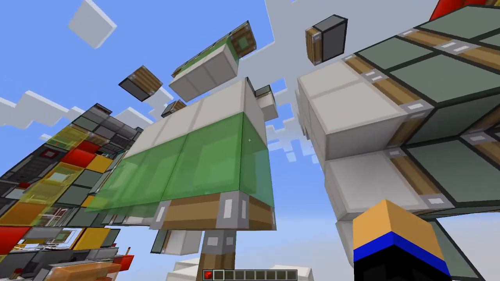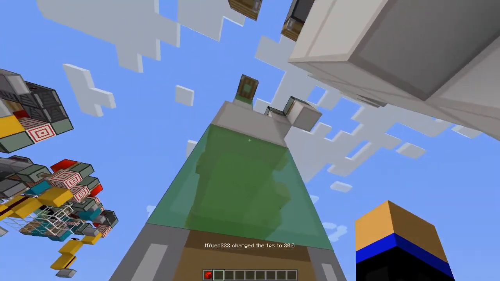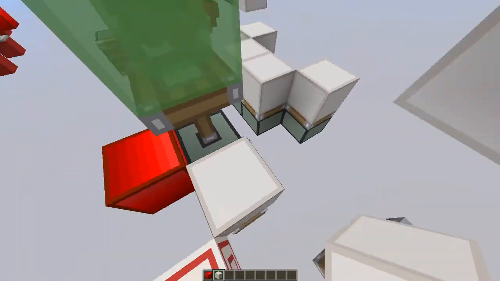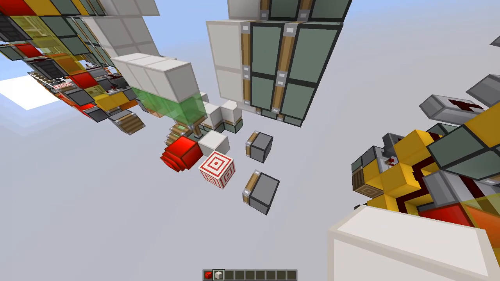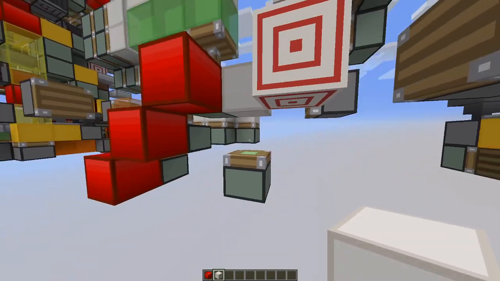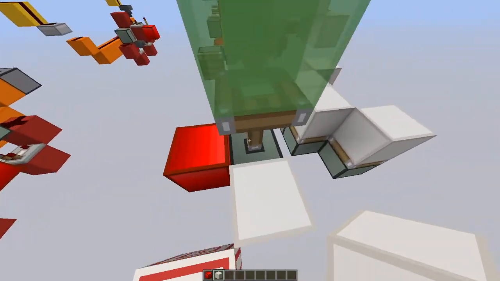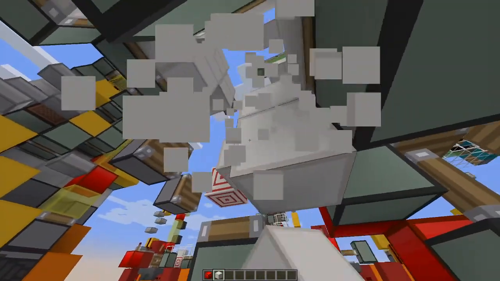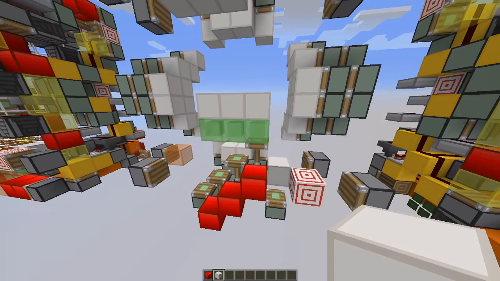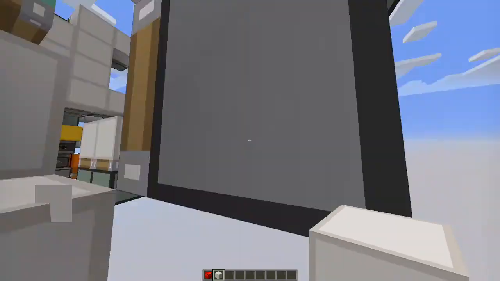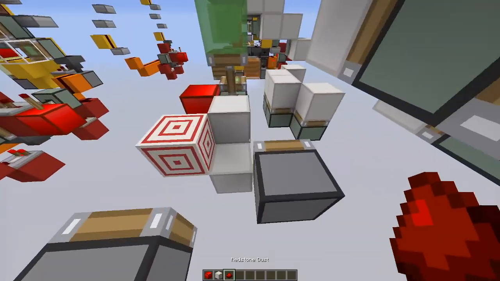But you will see that this piston is actually at the floor level, and basically this means we need to power at the floor level, and as we don't want any activation delay for this piston right here, like if you were to think of a redstone torch to power this piston through this block, then there will be activation delay for the door, and we don't want that. So yeah, the solution is quite simple. Just have a dust here. Let me grab a dust. Here we go. So just have a dust here